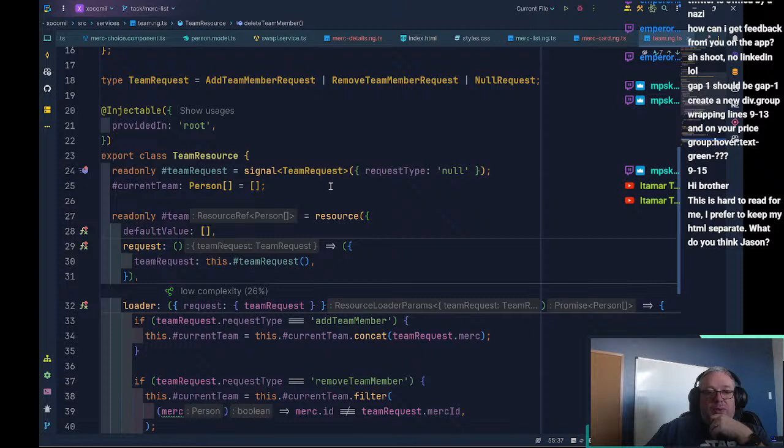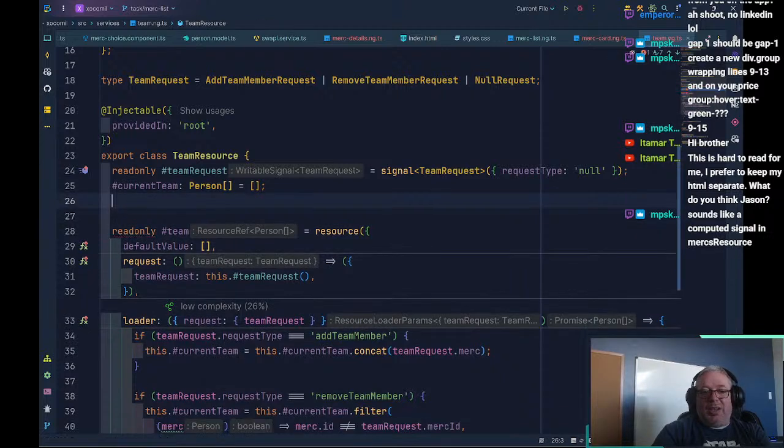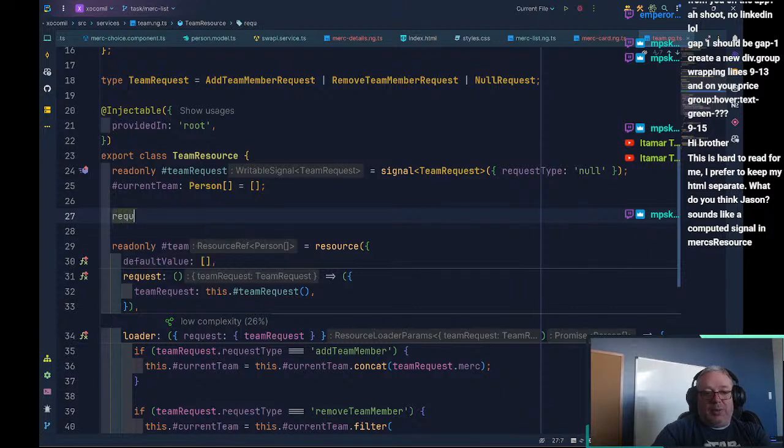And what we could do is we could just add a constructor. Actually, no, we don't even need that. What we could do is we could just add a request or a read only